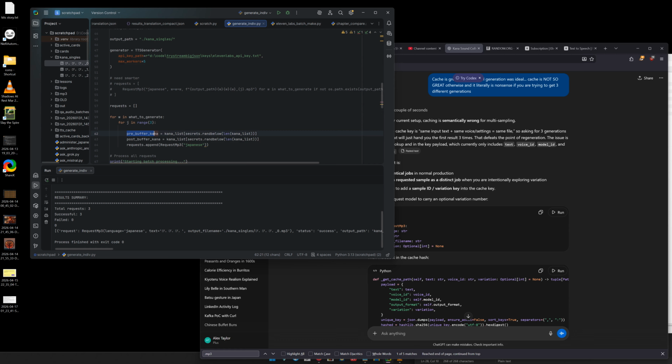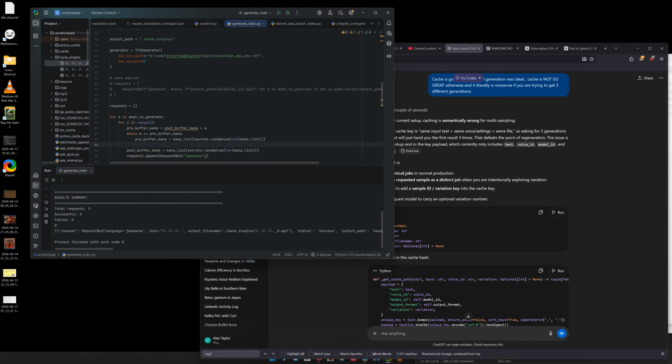Yeah, so pre-buffer Kana equals post buffer Kana equals W, right? And then we'll say, well, W equals pre-buffer Kana